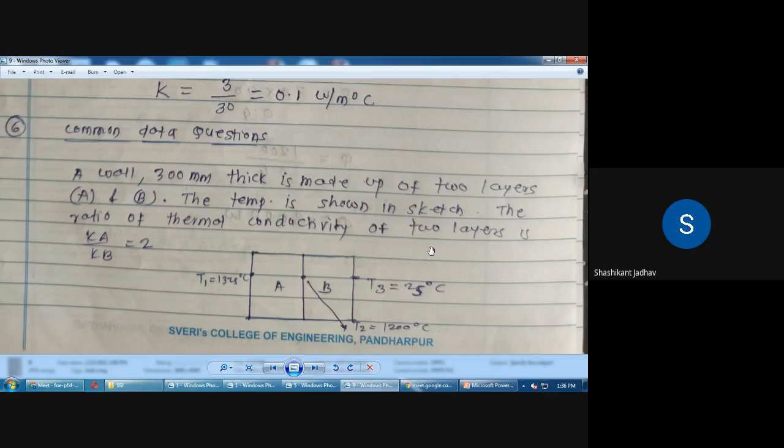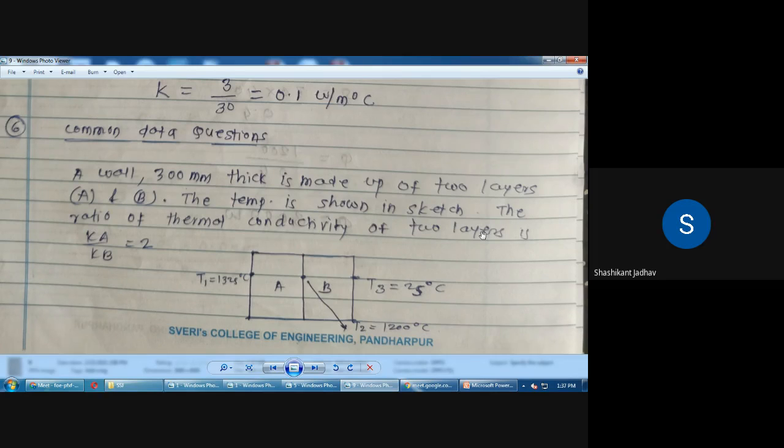Once again, I am reading the question. A wall 300 thick is made up of two layers A and B. The temperature is shown in this sketch. The ratio of thermal conductivity of two layers is given, Ka by Kb equal to 2, meaning the thermal conductivity of section A is double that of section B. So from this we have to find out, write down. First find the ratio of